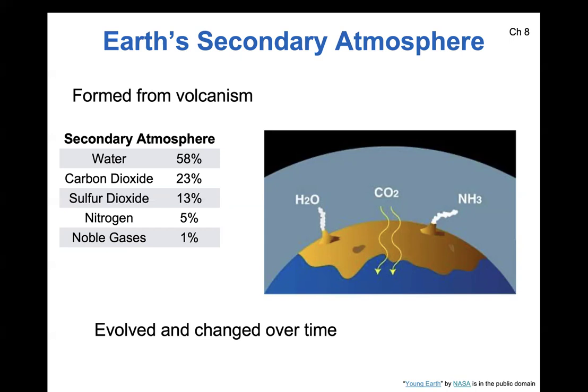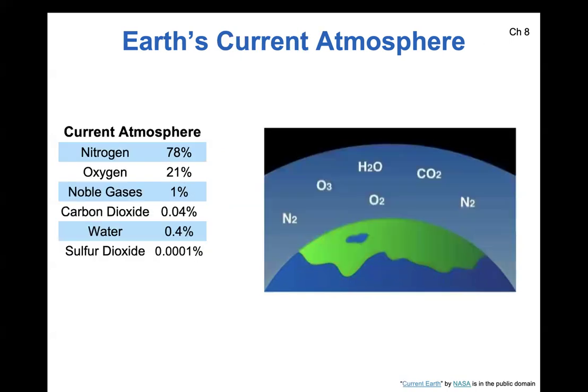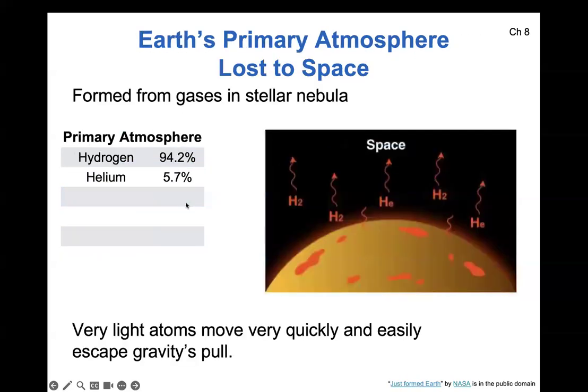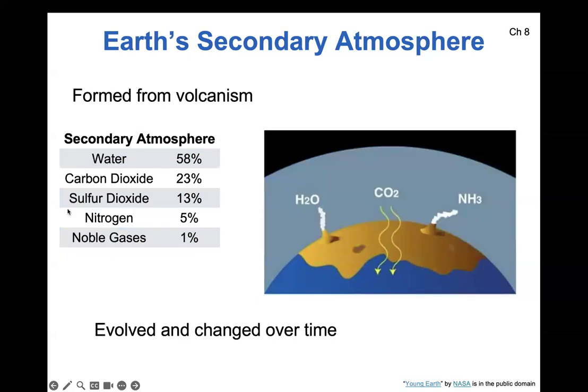Okay. All right. Now, current atmosphere. We're going to explain where it comes from, but first let's just show its difference. The current atmosphere, this is the atmosphere that you're breathing right now, is really different from, obviously, the primary one, and also really different from the secondary atmosphere, which I said predated life. So it kind of stands to reason maybe this atmosphere didn't support life. And you can probably notice right away that this secondary atmosphere wouldn't support, at least not us, because there's no oxygen here, right? Plants actually seem like they do okay, right? Carbon dioxide, right?